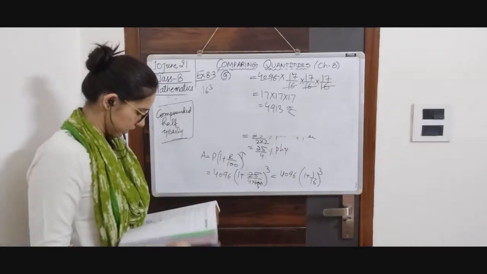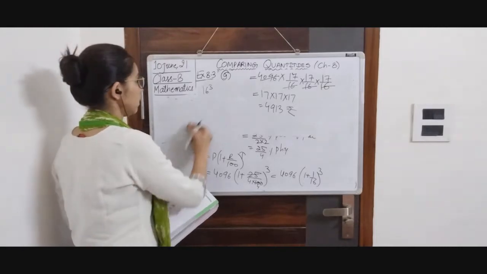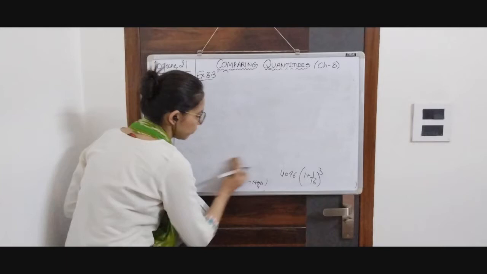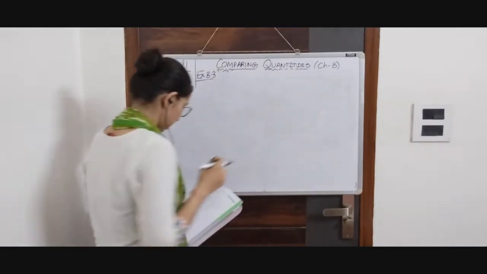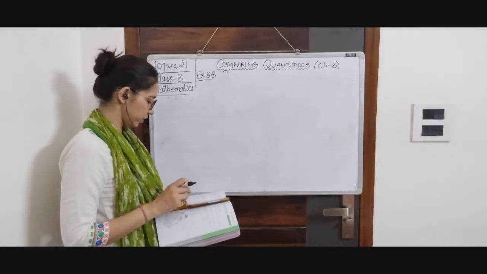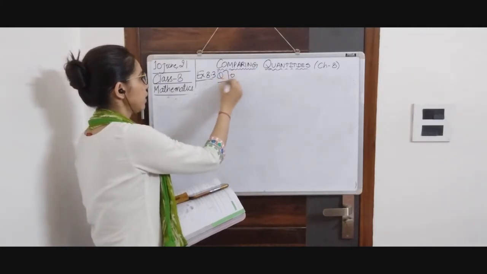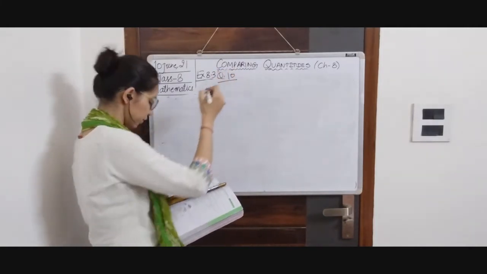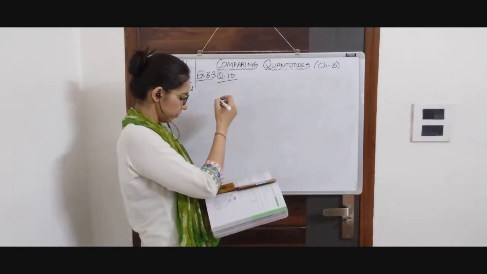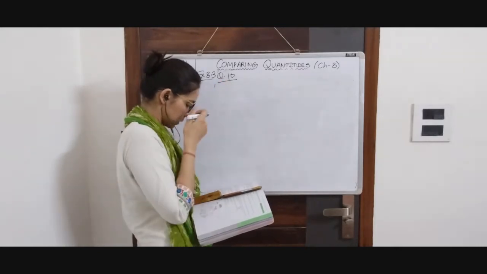Now question number 10 is the population of a place. In all the previous questions, we were given the amount and we were told that it is compounded annually or half yearly and we have to calculate the amount. But in this question, question number 10, we are dealing with population. Population increased to this much in 2003.